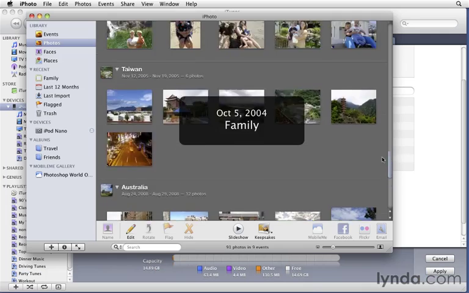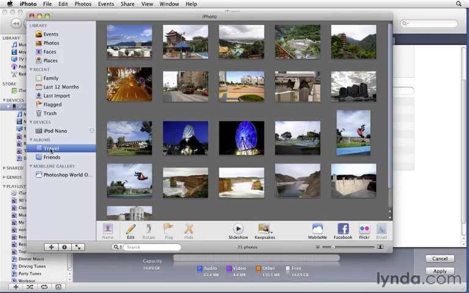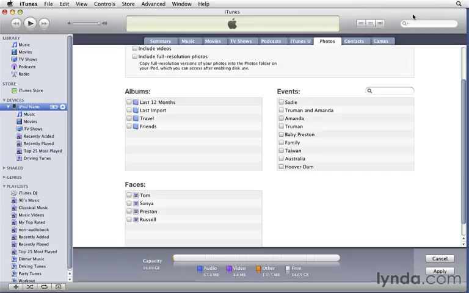So here in iPhoto, you can see I have a collection of photos that are organized into events, as well as an album or two that I've created. And under Faces, I've taken advantage of iPhoto '09's face recognition technology, where you can find photos based on who appears in them. So back in iTunes, I can now choose to copy photos to my iPod based on albums,